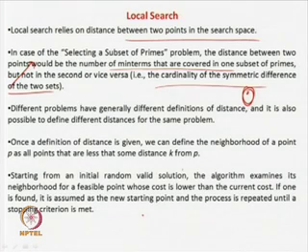We first take a point, search in the nearby spaces and find out if there is a better solution there, and then we take it, then we again slowly move. It is not that we start from one point and quickly jump to another point and then again see what is the case and come back. So the solution may not converge; you may keep on oscillating. Okay. So, we start from an initial random solution. The algorithm examines the neighborhood for a feasible point whose cost is less than the current point, as I told you. If it is found, it is assumed as the new start point and the process is repeated till you get